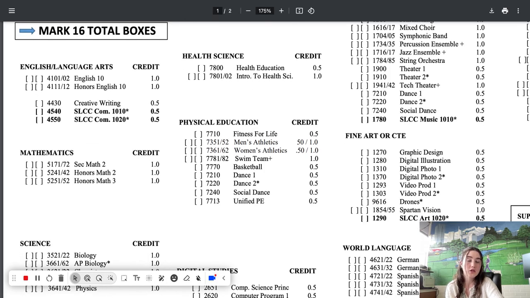Swim team is on there as well. Basketball is a basketball class, not the team. So if you're interested in a team, that'll be separate. That's outside of school. Dance 1, dance 2, social dance, and then unified PE is PE that is designed for